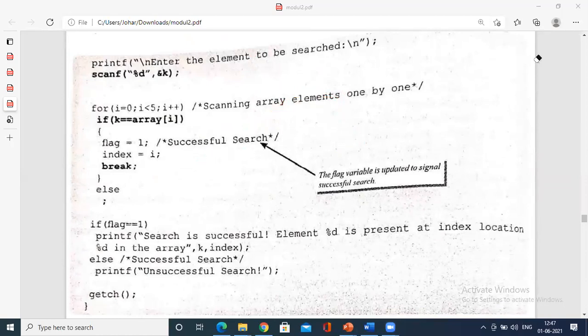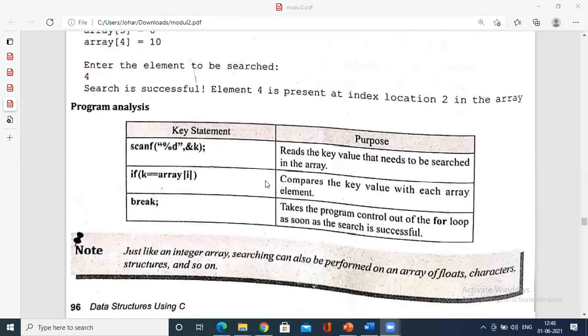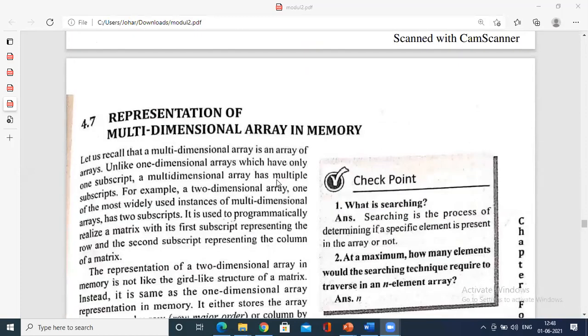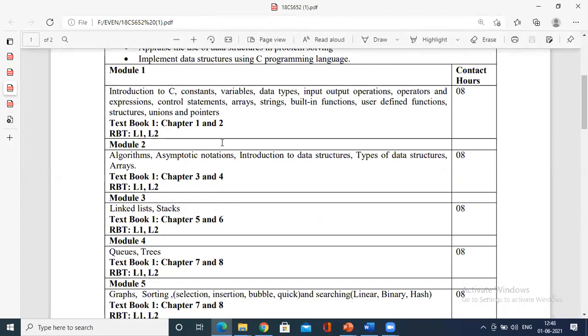I remember you have studied this in your first semester or second semester, that is linear search or the bubble sort. So we will see this when we come across the program. Now, today's major idea is to go with the multi-dimensional array, and I need to wind up this module and go with the linked list, which is an important program for you. Chapter numbers 5 and 6, linked lists and stacks, we need to start at the earliest so that we could focus on a few of the concepts. And when it comes to the programming class, that is on Saturdays and Fridays sometimes, with prior intimation, we will go with these programs so that you find it easy, right?